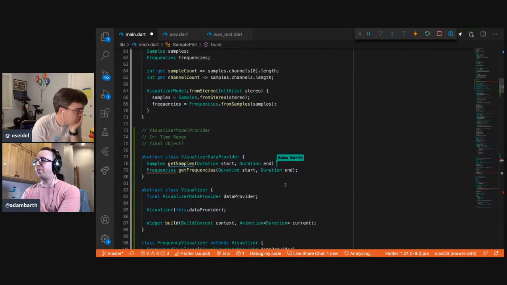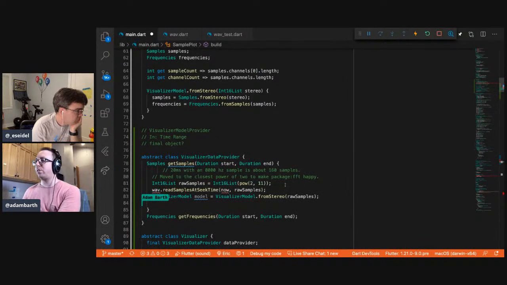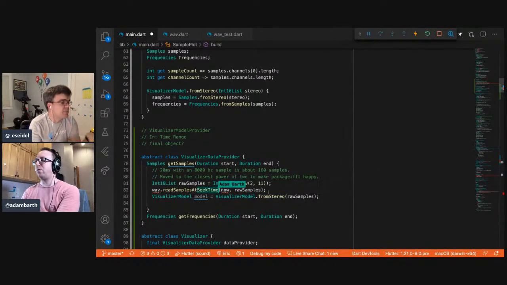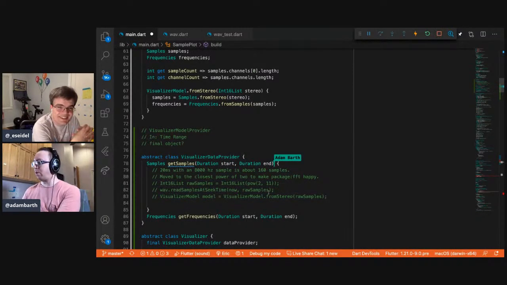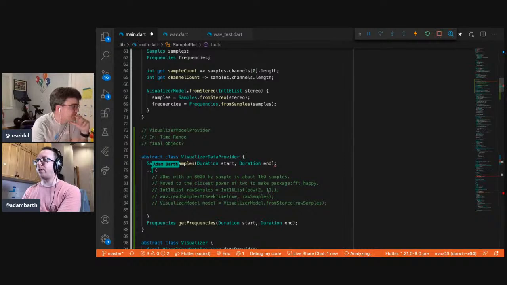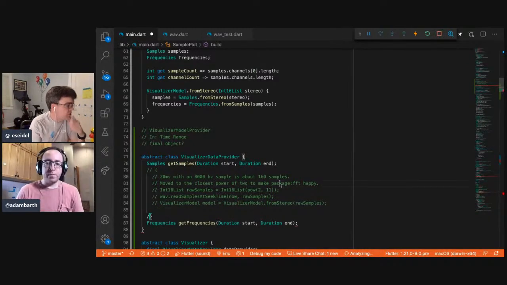So maybe this goes in get samples. Yeah, that seems reasonable. So we're going to need a read samples at. I actually don't think we need to implement this yet. I think we should get the structure sorted out, and then we can go through and actually make this work. That may be going against the grain of how you... Okay, that's legit. So I'll just comment this out for now. Do you want to go back to driving? Oh no, you were doing just fine.